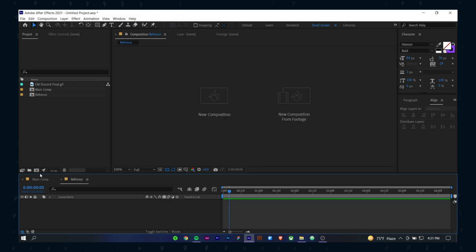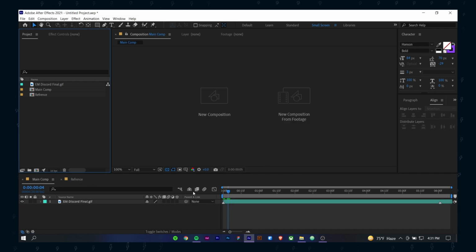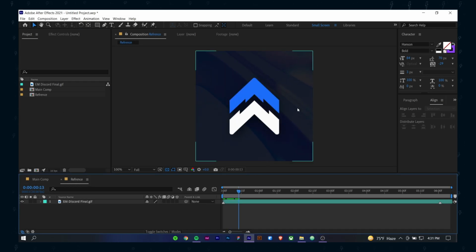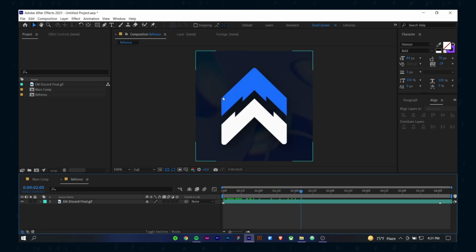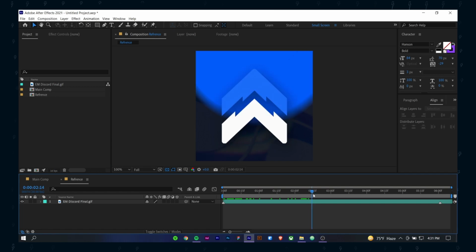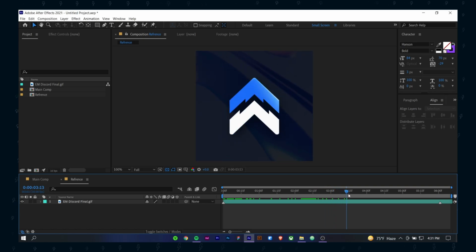Well, let me explain the Discord server icon step by step. First of all, we have a pleasant moving background going on. We will be using a stock video, it will be free to use and no copyright issue. Then the logo will have a scale-up flow with a 360 rotation. As soon as it finishes the rotation and scaling to regular size, a circle will come from above, then it